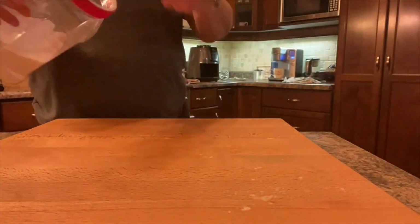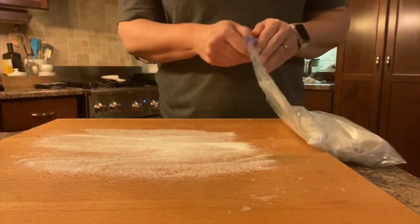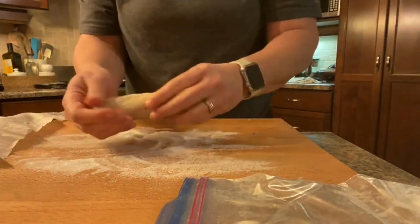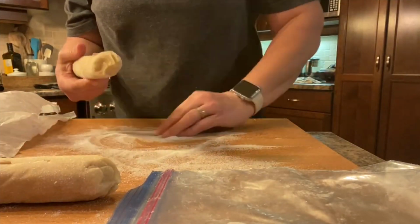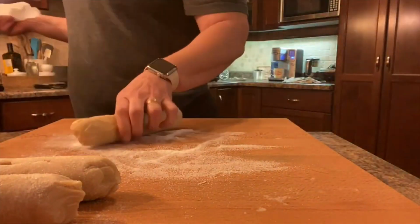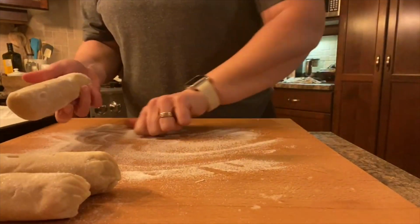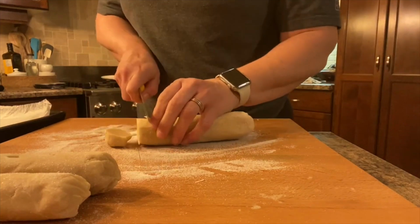And now the next day I added some granulated sugar to my board, took out my little cylinders and rolled them into that granulated sugar, and then I sliced them to about 2 centimeter thickness. Then I was placing those on top of a parchment paper that was on top of a baking sheet, and I'm going to bake it at about 400 Fahrenheit for about 15 minutes or until they get a light brown